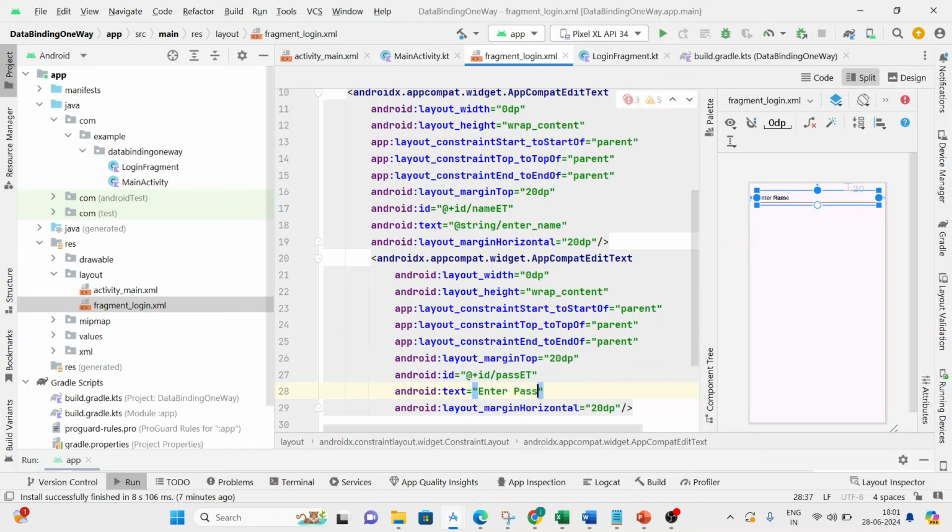Now here I will change the constraint top to bottom of name et. Here is my second edit text, and now I will create one button below this. Let's create one button, app compact button, and I will give the width 0 dp, and height wrap content, and top